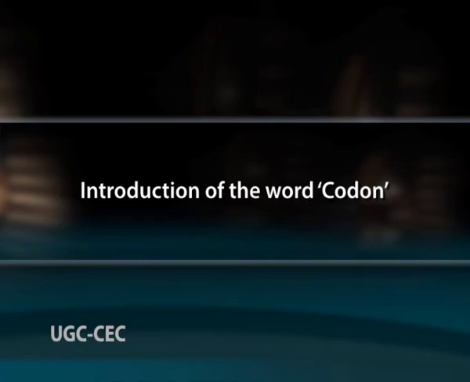Introduction of the word codon. In the late 1950s, the biochemist Sydney Brenner coined the term codon to describe the fundamental units engaged in protein synthesis, even though the units had yet to be fully determined. Francis Crick popularized the term in 1959. After 1962, Nirenberg began to use codon to characterize the 3-letter RNA code words. With one of each of the 4 nucleotides occupying a place in a 3-letter codon arrangement, Nirenberg quickly deduced that there were 64 possible combinations